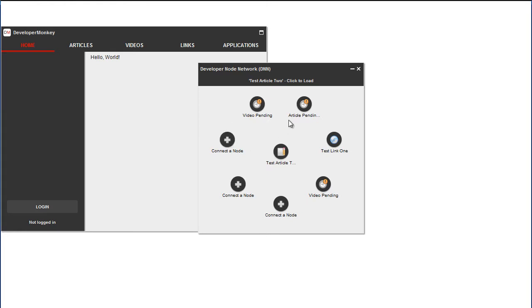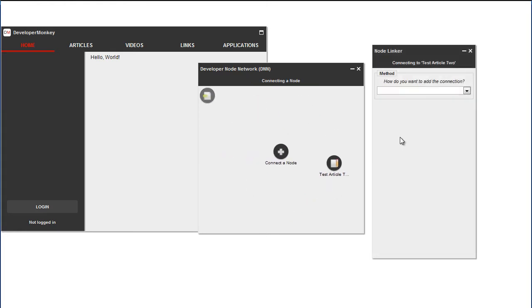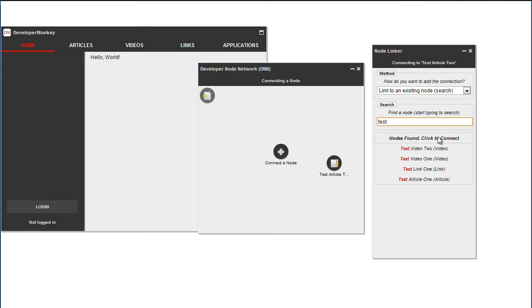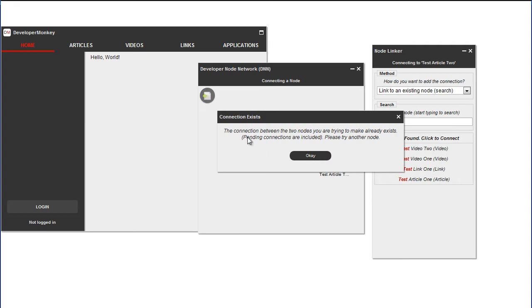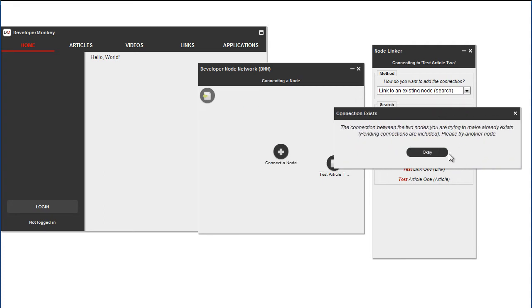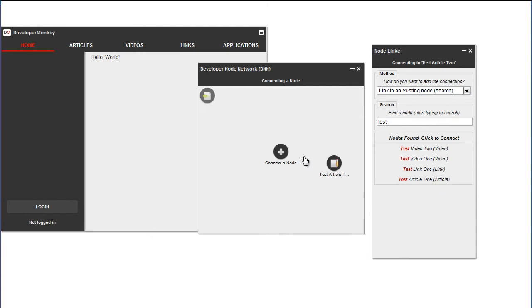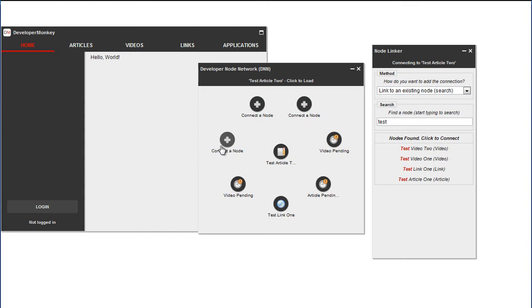If we now try to add the same thing again and click test video 2, it will tell us that the connection already exists and that pending connections are also included in that search, so they must try another node. A similar alert will also appear if it turns out that during the progress of leaving this open, all remaining empty nodes have been connected. So that is it for the